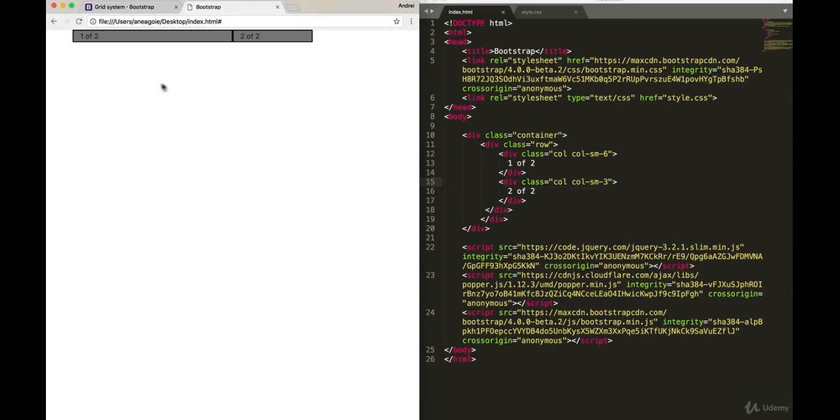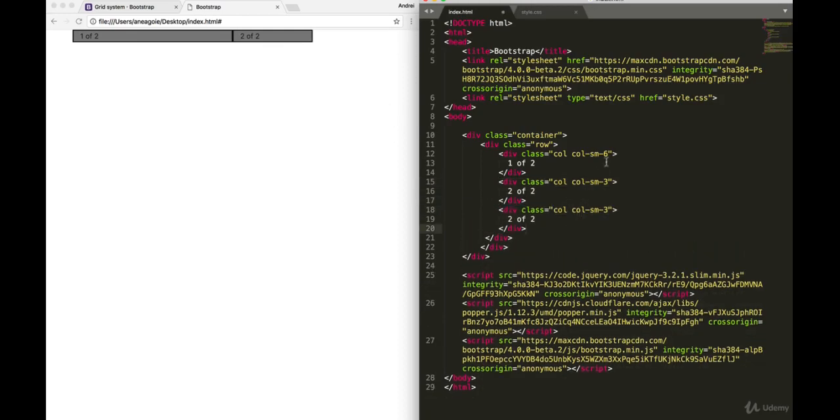I'm going to refresh, and look at that. The size of this just got smaller. And that is because Bootstrap has the idea of a grid system, and this grid system has 12 lines. So 6 plus 3 is 9. So it's saying that I want this column to have 6 spaces out of that 12, and this column to have 3 spaces out of that 12. So if we add another column, and 6 plus 3 plus 3 is 12,